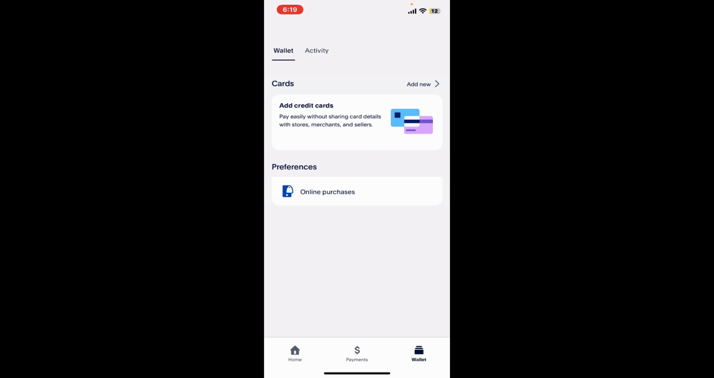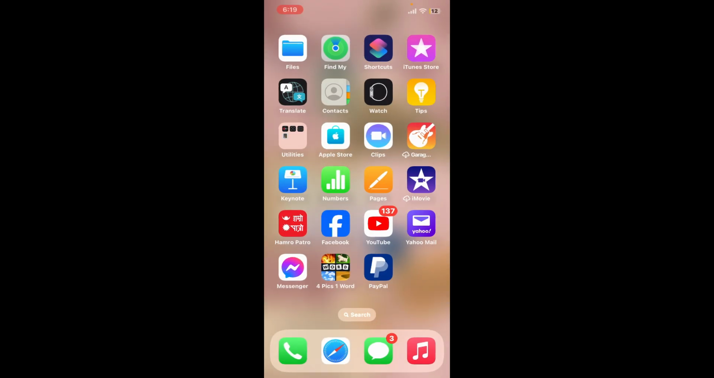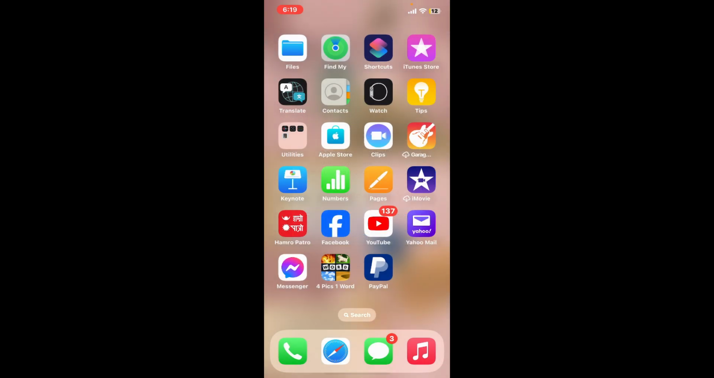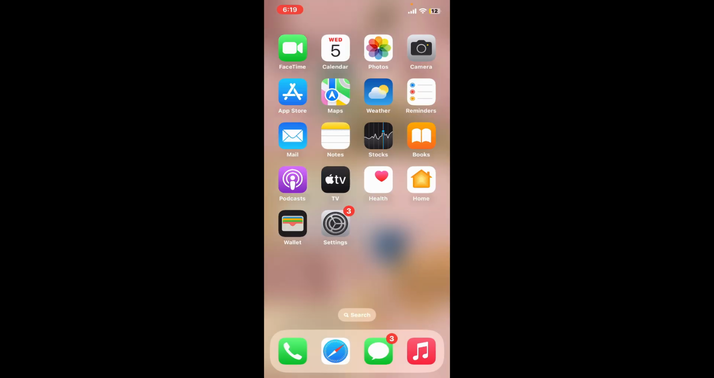If the problem still persists, then consider force closing the PayPal application. Swipe up from the bottom of your screen to make the app switcher visible. Push upwards on the app card and release in order to force close the app. Now press and hold the PayPal app and tap on Remove App. Tap on the Delete button twice in order to delete the application from your device. Once you've deleted the PayPal application, re-download it on your device, and this time it might help you fix your